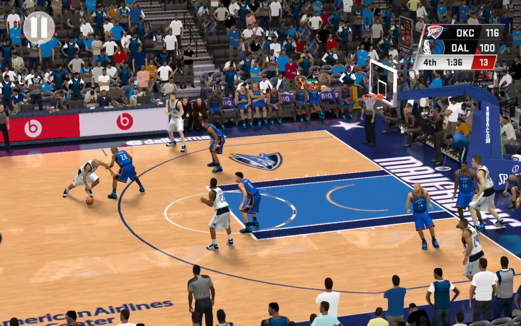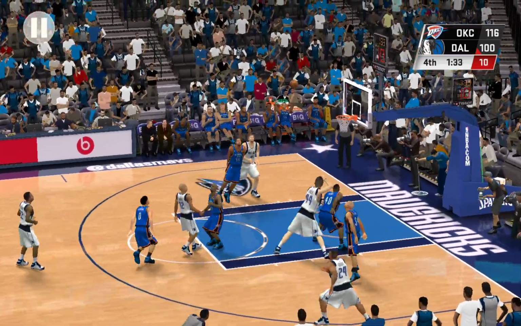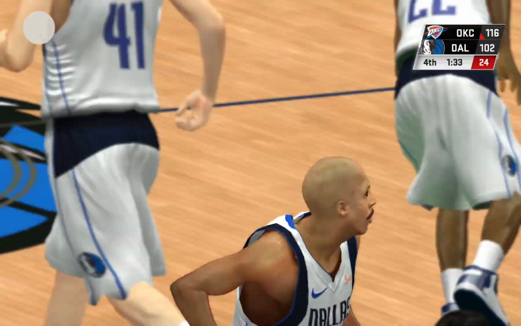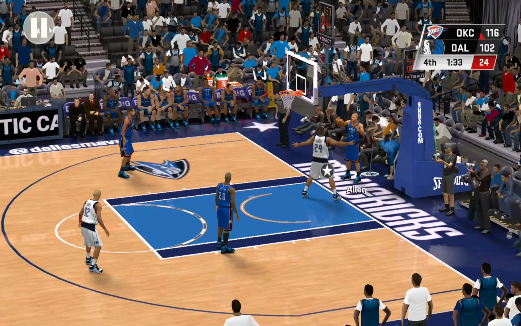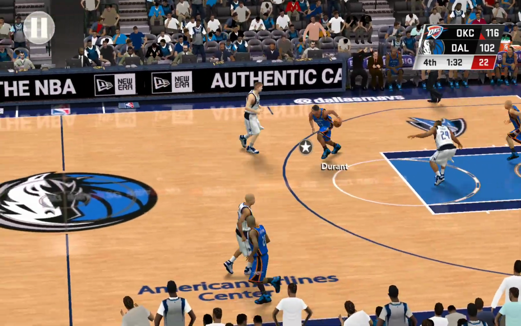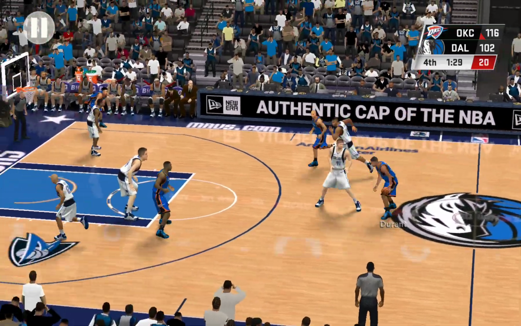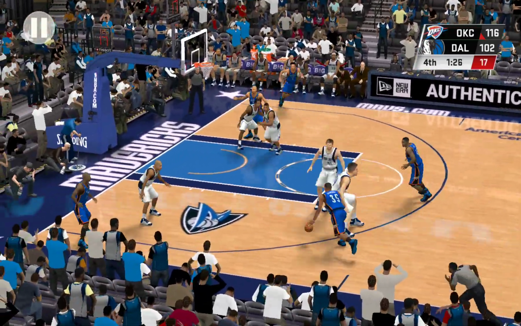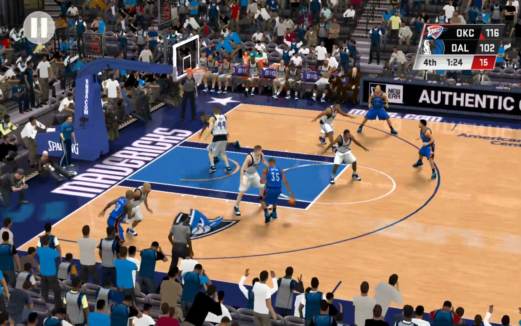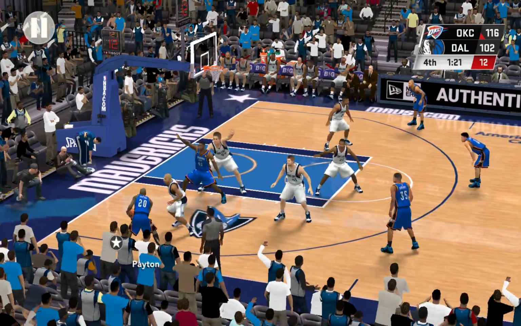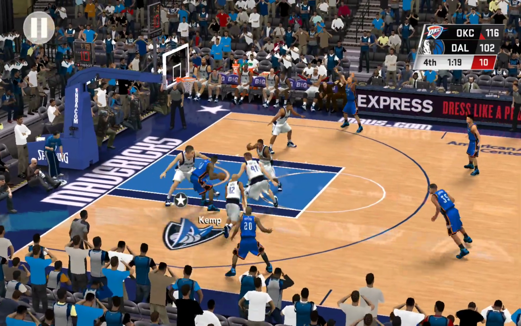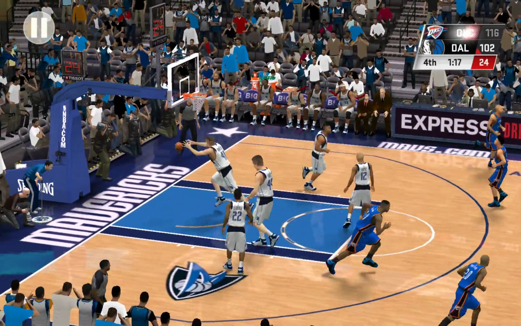Here's Harper. And it's Dallas with another. Here comes Durant. They set the pick. Left side Durant. Pass to Payton. Payton left side. Kemp backs in. Fader on the way.